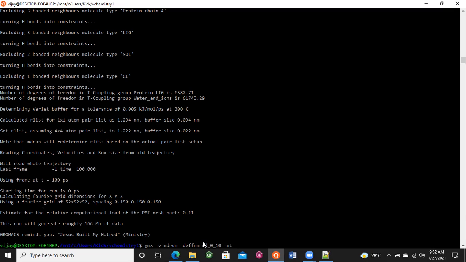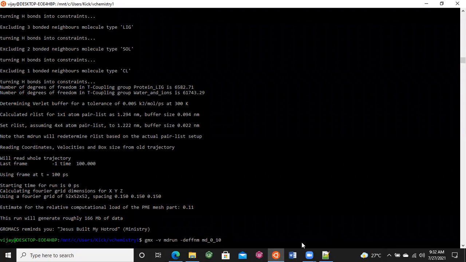Suppose you have 16 threads and want to use 8, then type 8. But this is my dual core laptop, so I am just running on the whole capacity, not defining the number of threads. Just press enter.